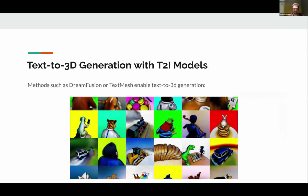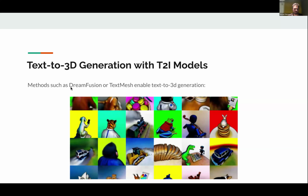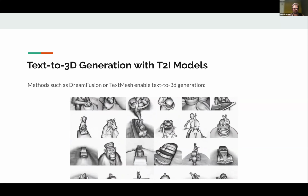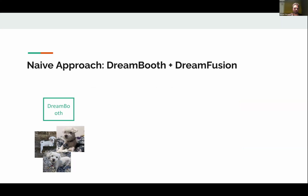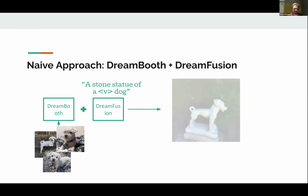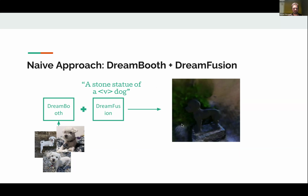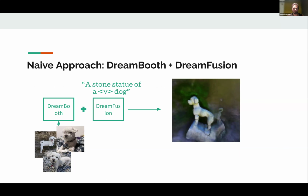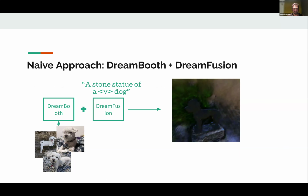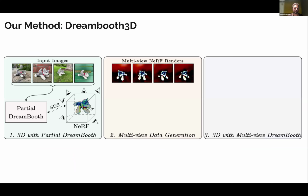And we just saw these recent text-to-3D models, which also use diffusion models as prior. A natural question to ask is, okay, let's just combine these two worlds and hopefully it will work, right? But yeah, this doesn't work at all. If we combine these works, you get something like this here. So you get something, but it's definitely not what you want. And so in this work here, the idea basically is that we